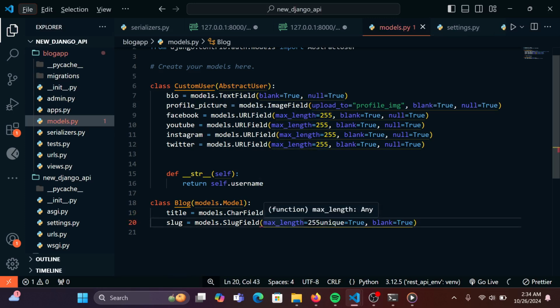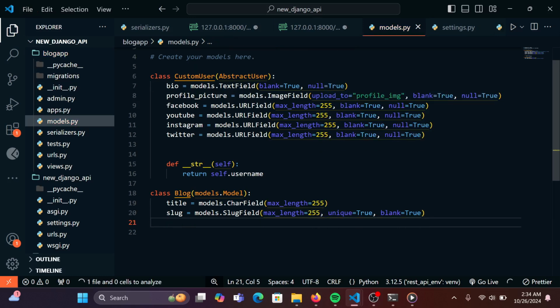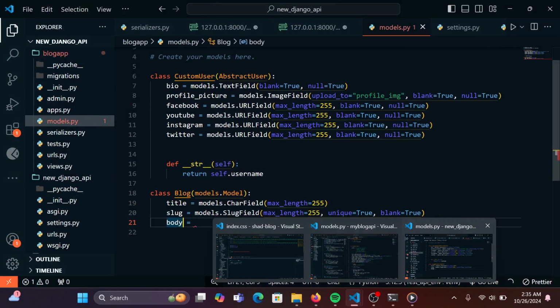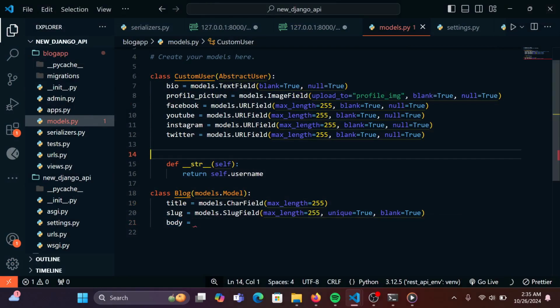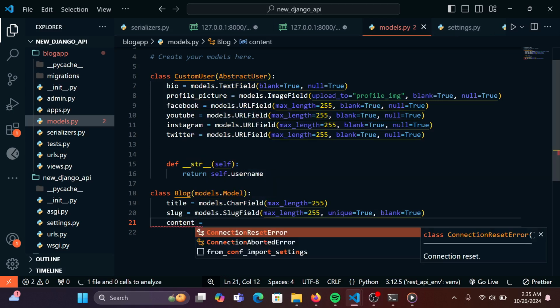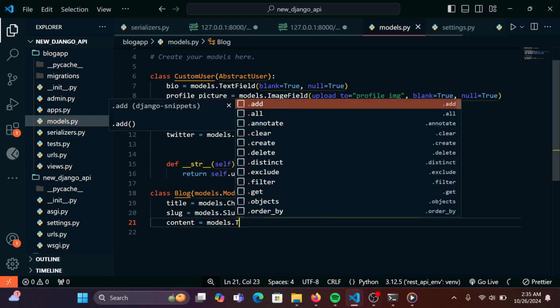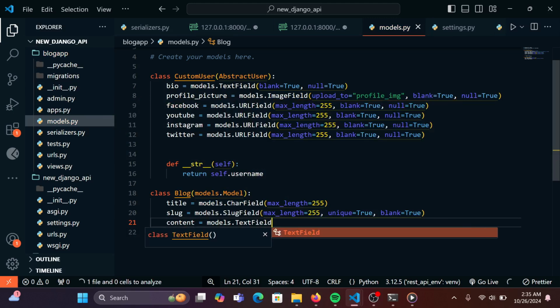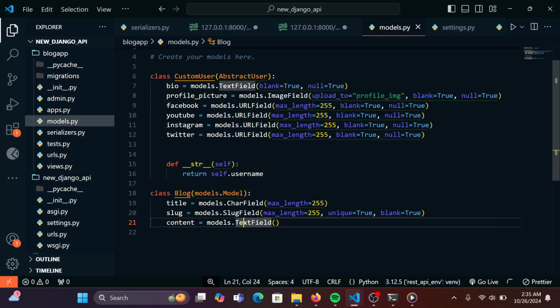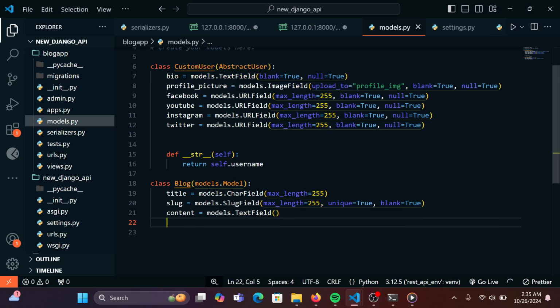So a blog is also meant to have the contents or the body. Let's call it body. Let's call it content. I think content is much more descriptive. Let's say contents. So that should be a text field, models.TextField. A blog is also meant to have the author, the writer of this blog,